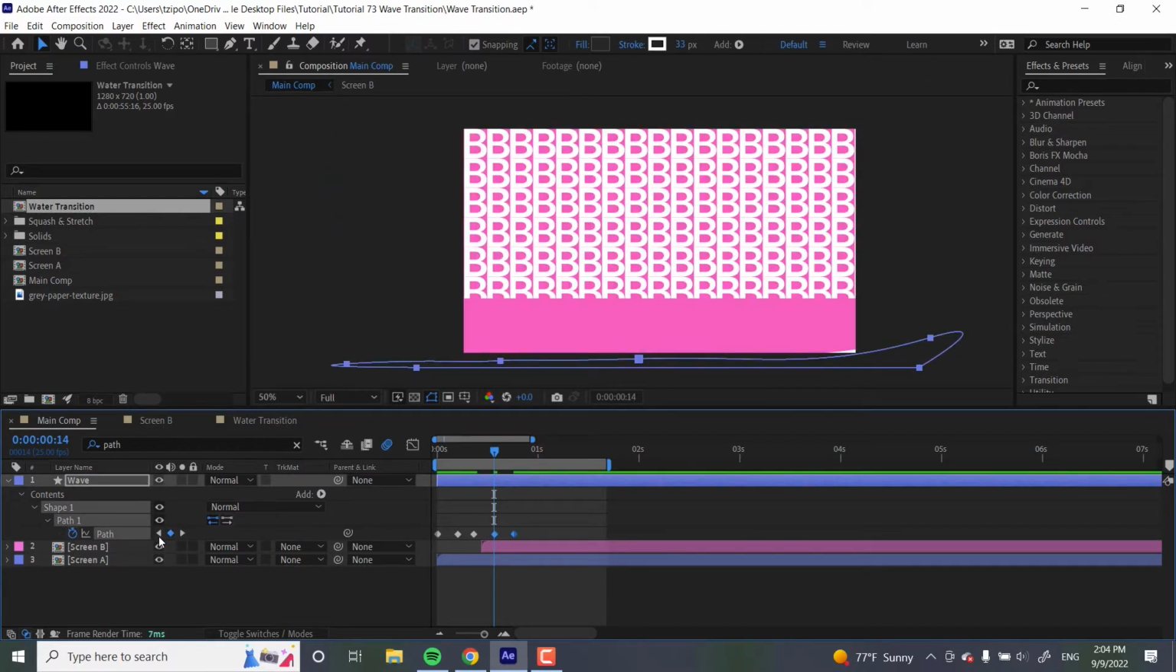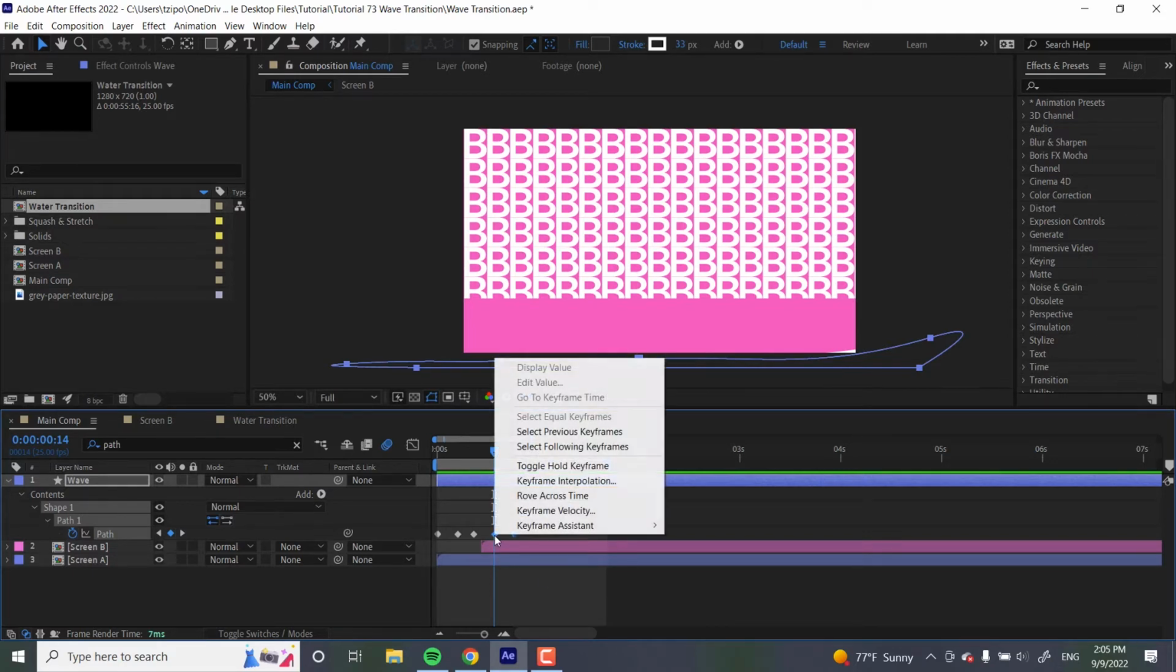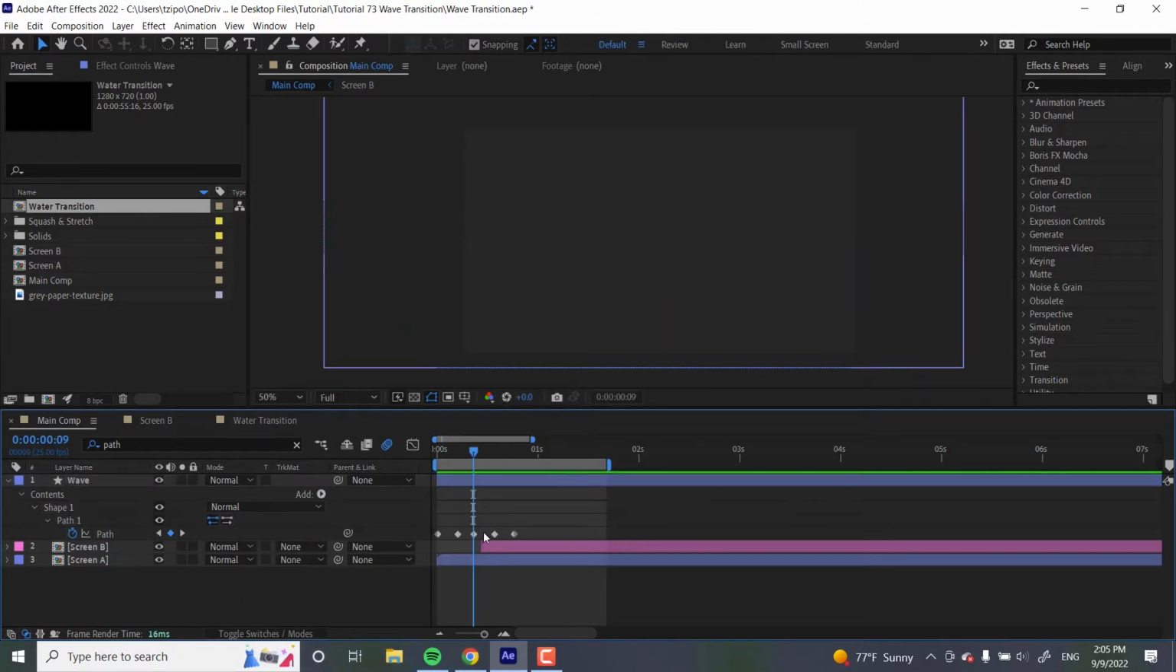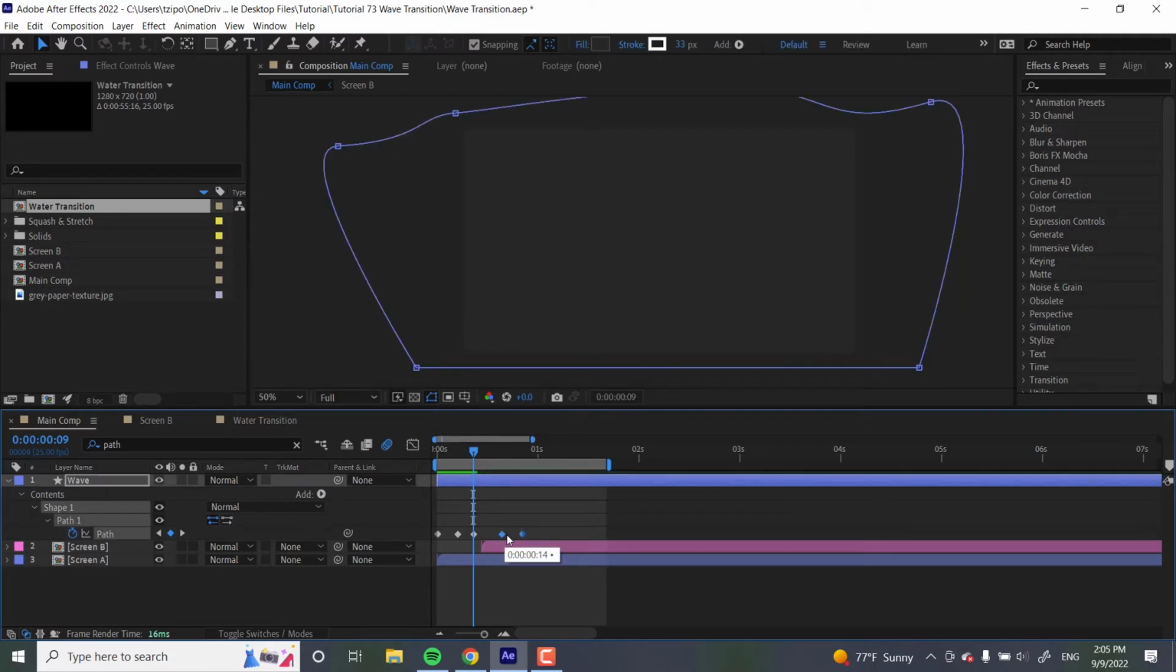Basically, I hit the diamond here to set a keyframe, and I'm just going to be swapping these guys. I hit a diamond there to set the keyframe, and then I hit Command V or Control V to paste the old keyframes over here. I'm going to right-click, go to Keyframe Assistant, Time Reverse Keyframes. I actually want these keyframes to be a little further along here, so there's more time with the screen